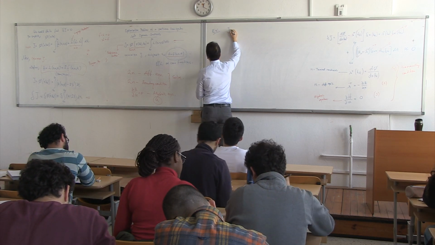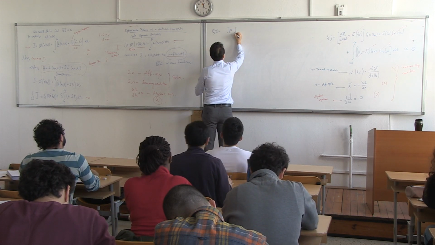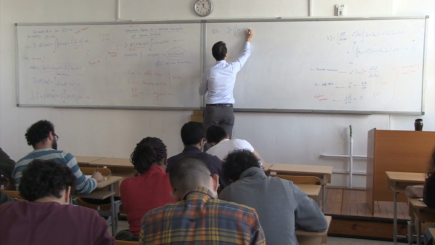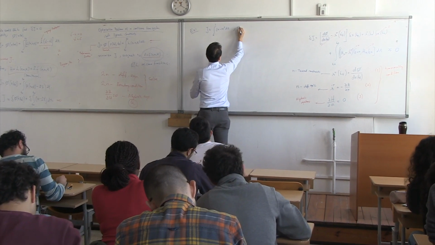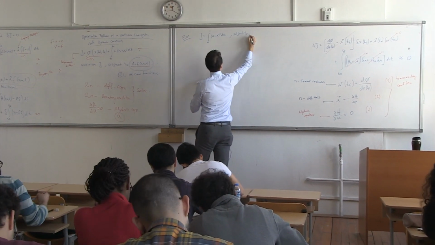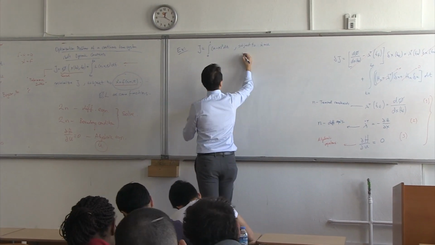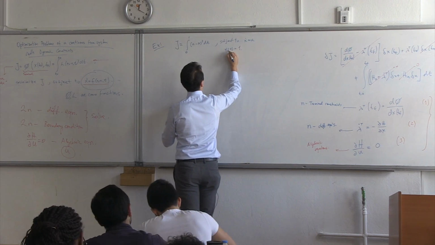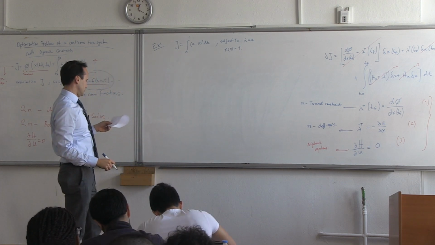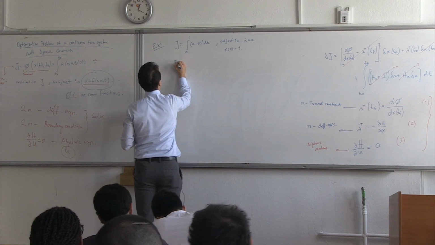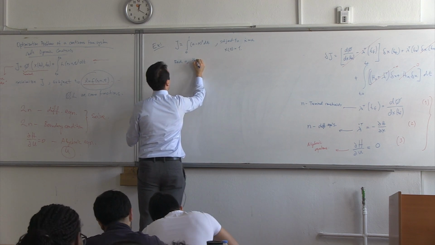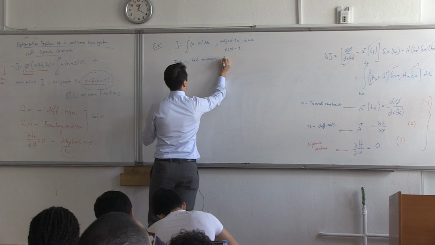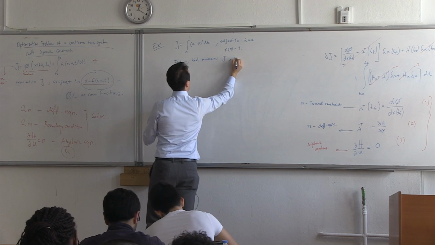Let's say J, the performance index, or the cost function, subject to x dot equals u. x0 is equal to 1. Find u that minimizes J such that